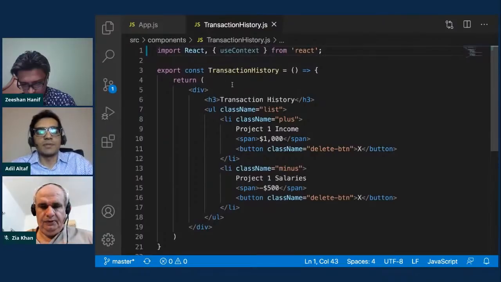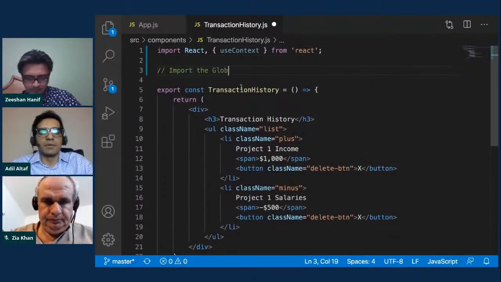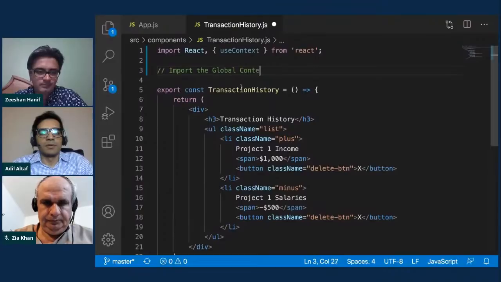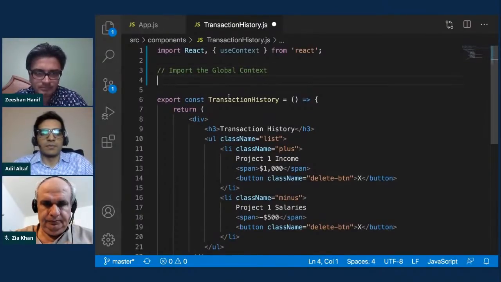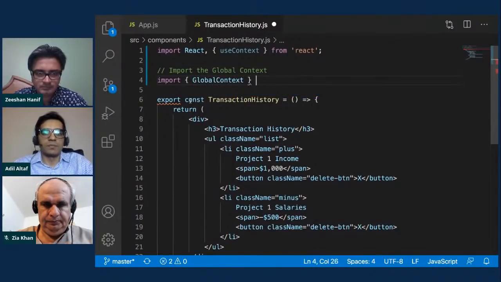We also need to import the global context that we've created. So to do that, we want to import global context from